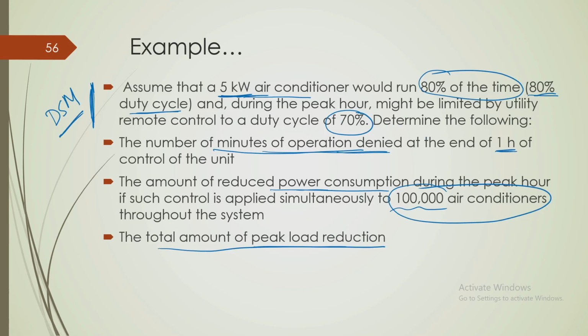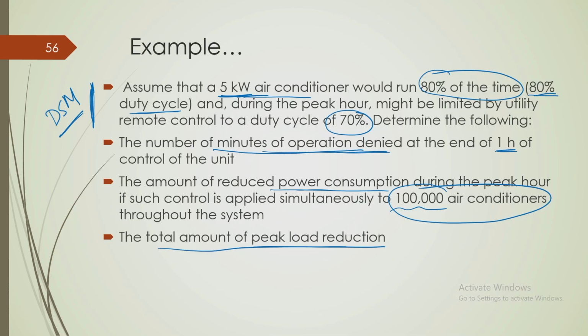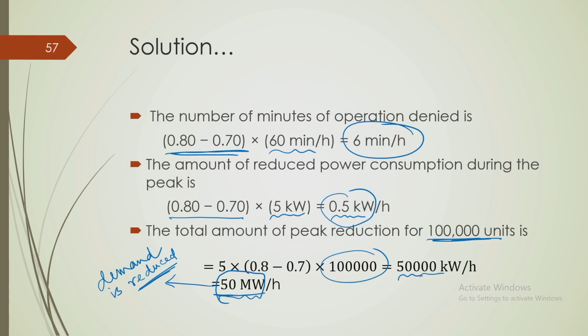If you look at the statistics which I discussed a few slides back, we have not only a deficit of energy supply, but also a deficit in meeting the peak demand. So, if we can have this type of demand side management, we can save megawatts of power, and similarly million units of energy as well. Let us continue and finish by showing you several possible options for demand side management. But before I go to that, I should discuss the utility's benefits